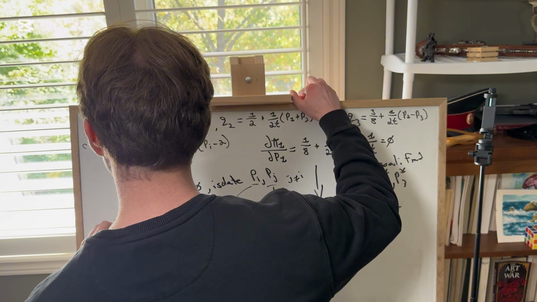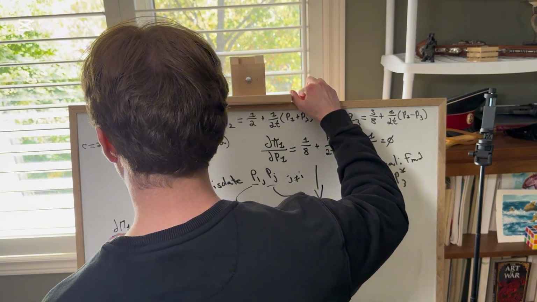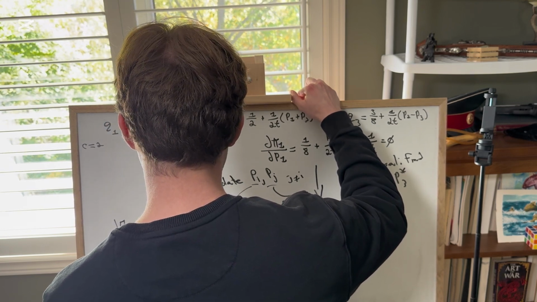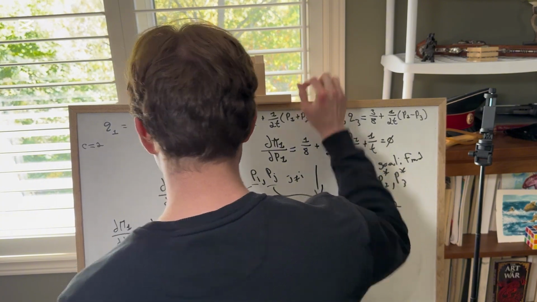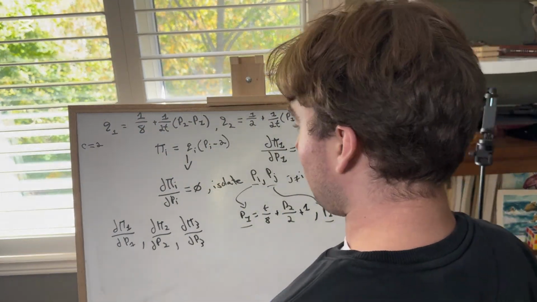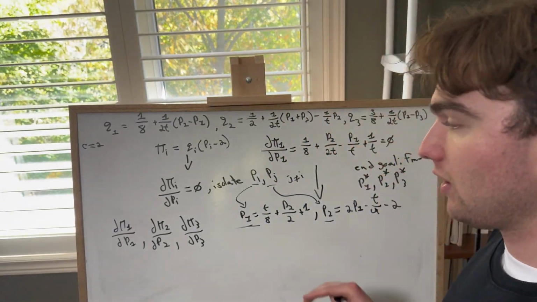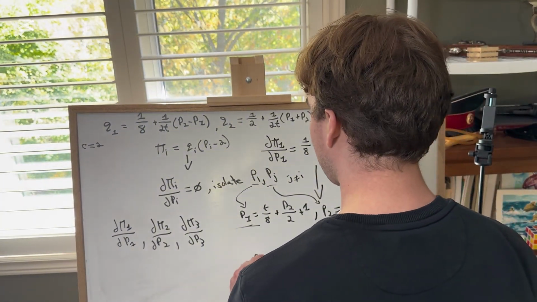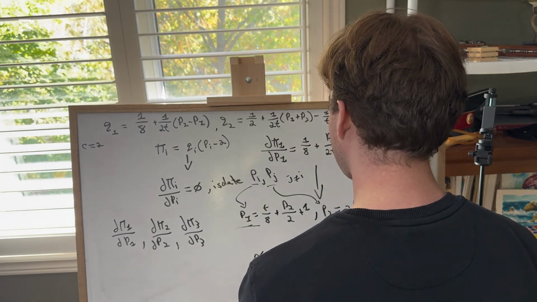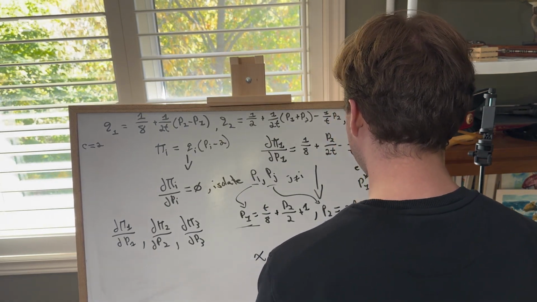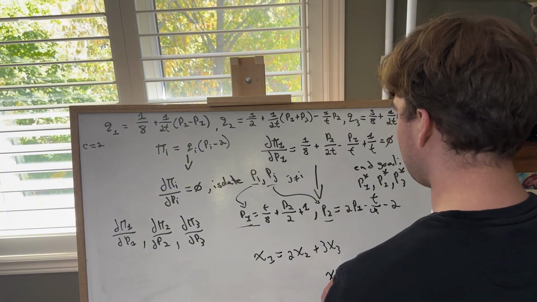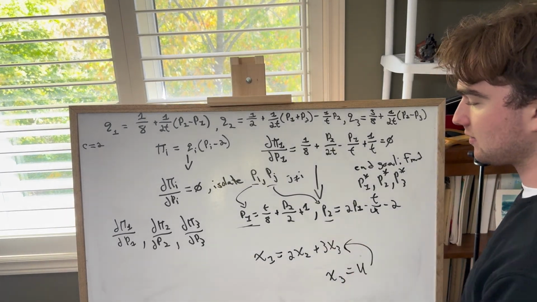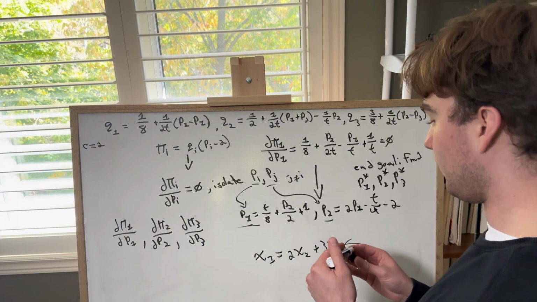You're doing pi 1, or profit 1, profit 2, and profit 3. Okay, you're doing all these. Then you're isolating as many p-values as possible, and then you're subbing in your isolated p-values. So this is just an example: if you have x1 is equal to 2x2 plus 3x3, and you find that x3 is equal to 4, let's just say you've found that, you're just subbing 4 back in for x3. So that's all this is. You're just subbing in your isolated p's